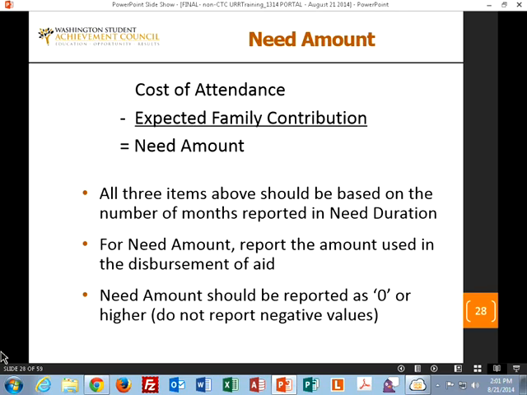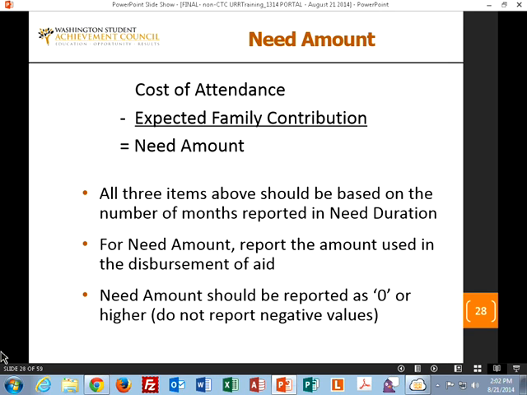So here's, we run this little formula independent of your answers to make sure that this was calculated properly. So we're asking you the cost of attendance, we're asking you the EFC, and we're asking you the need amount. And if the math was all done correctly, it will balance exactly like that.